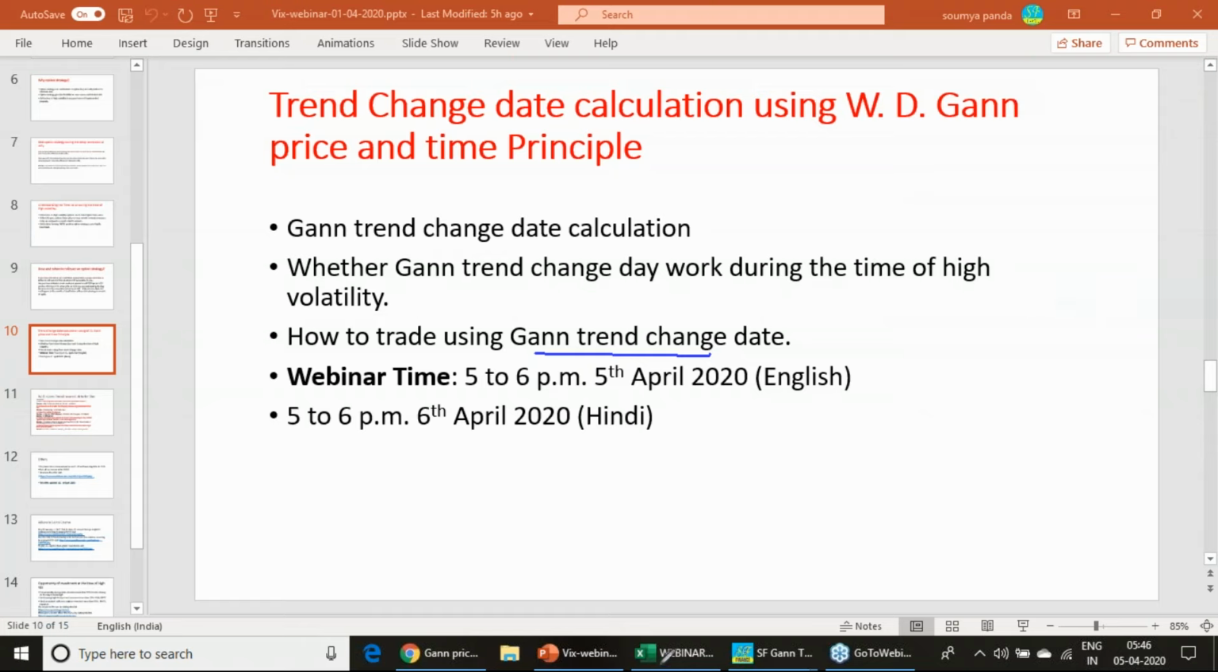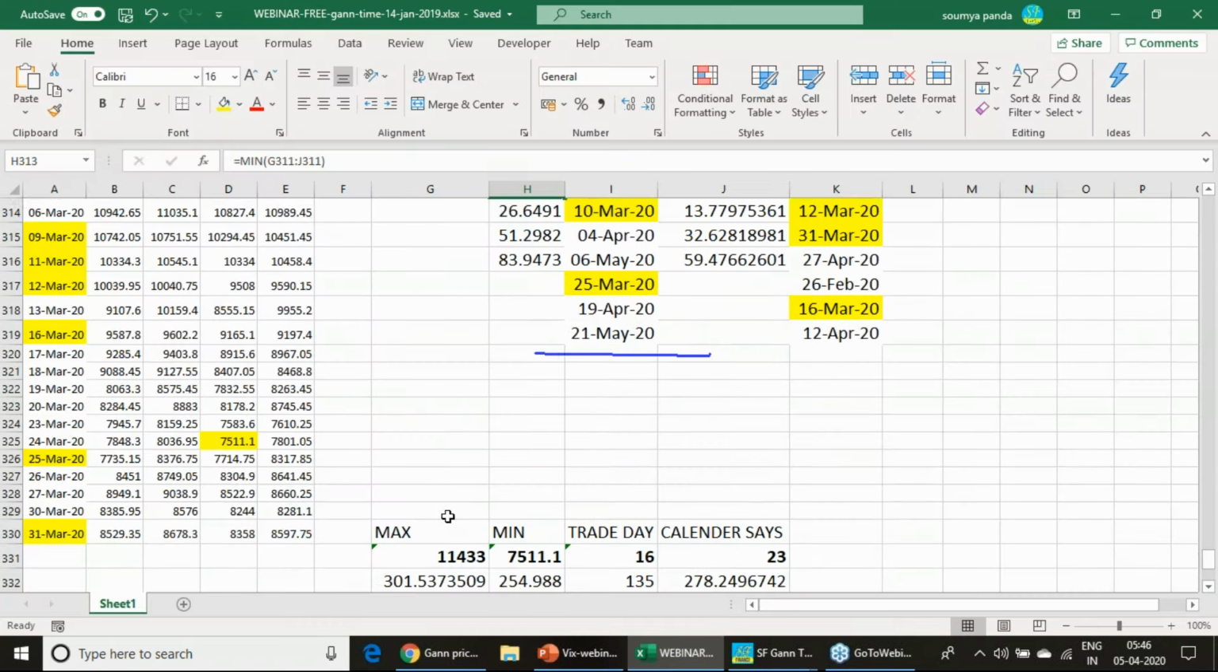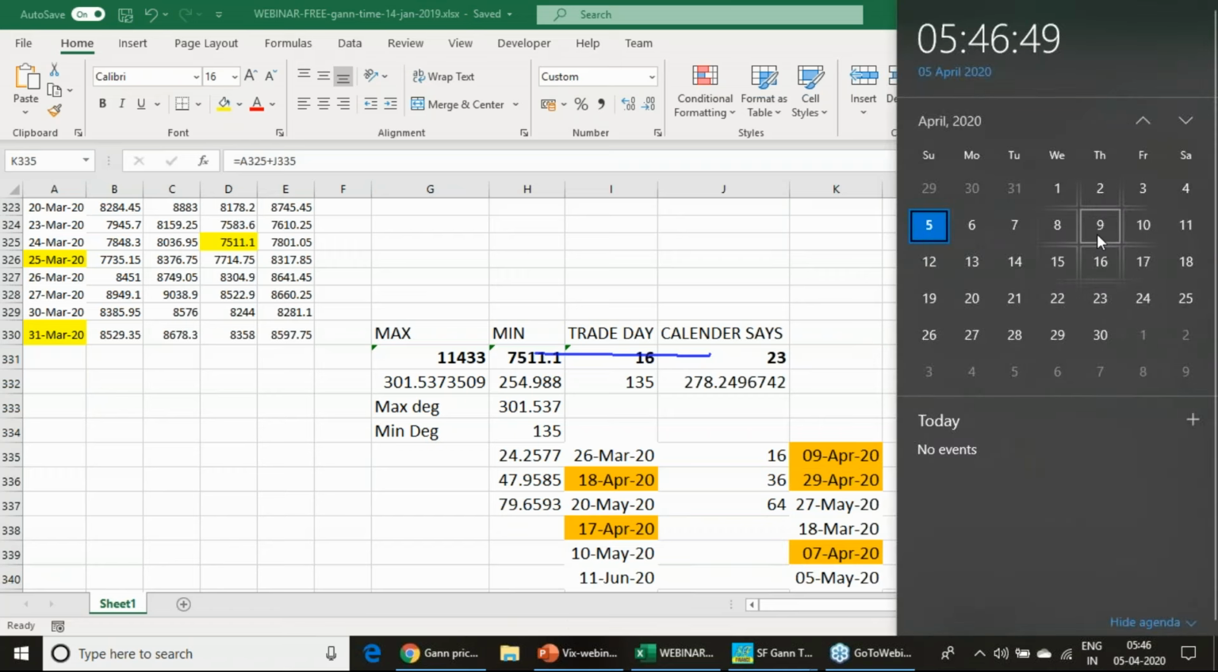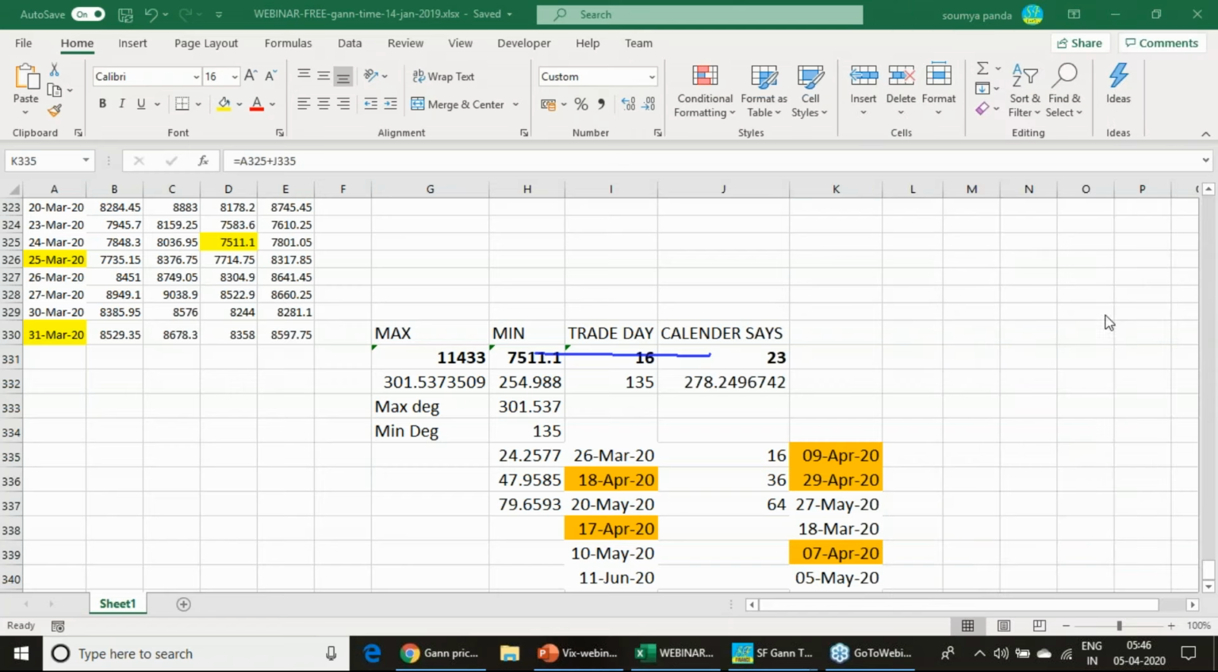When you get a trend reversal day, for example, you are seeing here the 9th of April. There is a 7th of April trend change day, but 6th is a holiday, so 5th or 9th of April there is a trend change date. 9th is a Thursday. So on 8th, very carefully listen to this. On 8th of April,